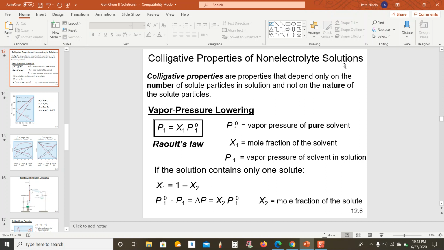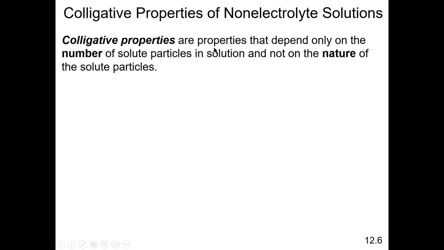All right. So first we have to define what we mean by colligative properties, right? Colligative properties are properties of solutions that depend only on the number of solute particles in the solution and not on the nature of the solute particles. So basically what we're saying here is that the properties that we're going to look at are affected only by the number of particles present, the number of solute particles, and not whether the particles are molecules or ions